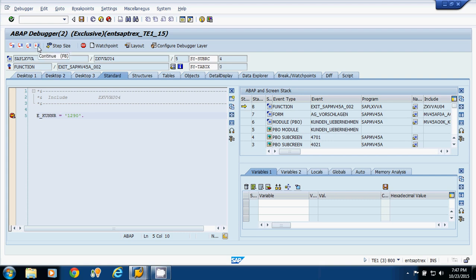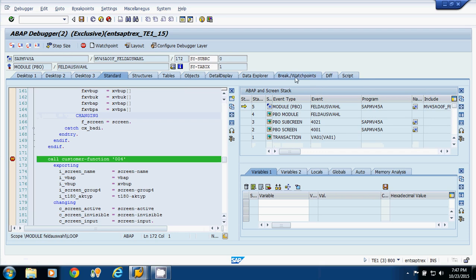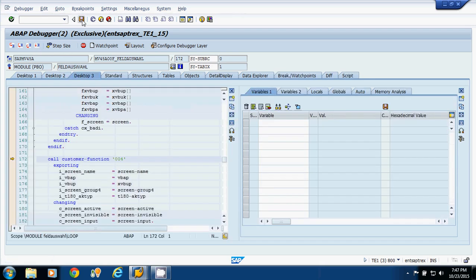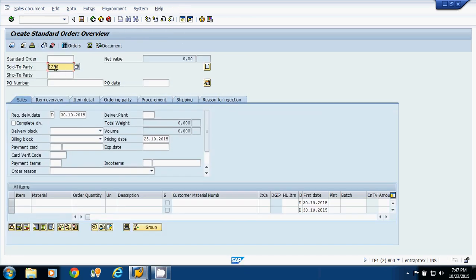Now if I am pressing F8, now if I am exiting from the debugger, see, now sold-to party is automatically appearing here. So what we have done, we have enhanced the SAP logic according to our requirement, but we have written our logic in customer namespace, means Z include.